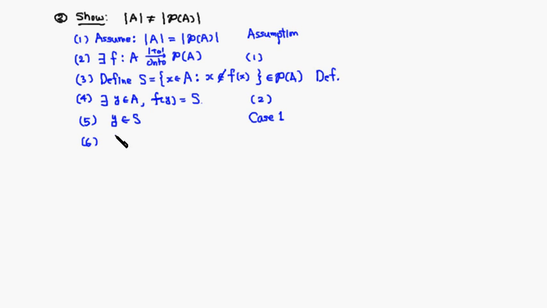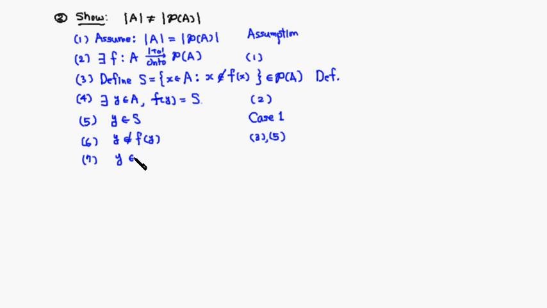So y is not in f of y. This comes from the definition of S, line 3, and the fact that y is in S, so I'm combining 3 and 5. But the interesting thing is that since f of y is exactly the same set as S, we know that line 7: